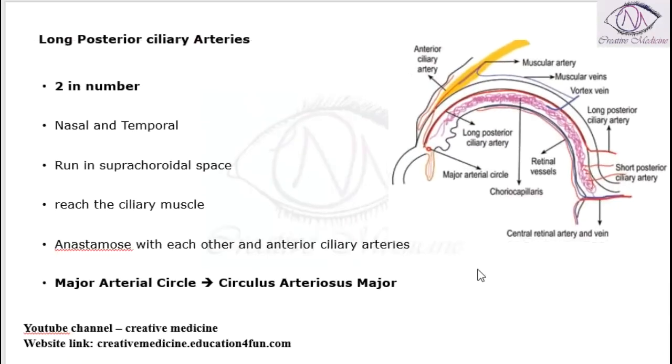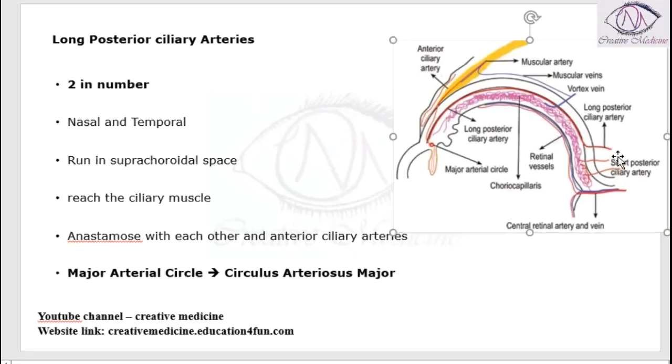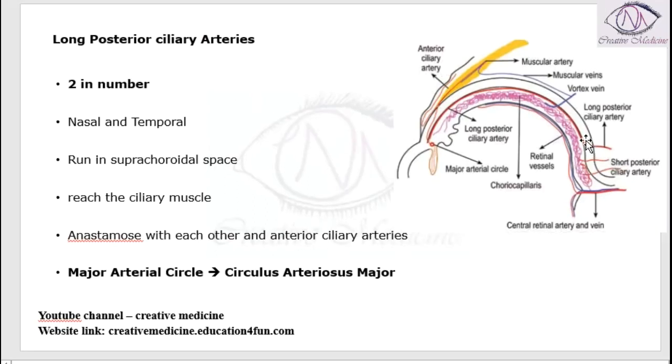So if you see the same picture now, here there is an anterior ciliary artery. This is the anterior ciliary artery. This is the long posterior ciliary artery. Long posterior ciliary artery will also be two in number. One we have nasal and the other we have temporal. So it will run in suprachoroidal